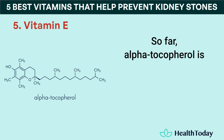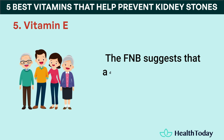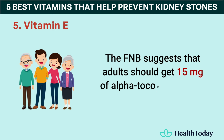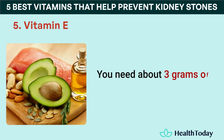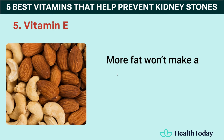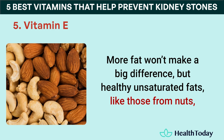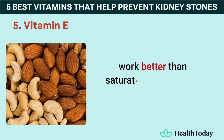So far, alpha-tocopherol is the only type of vitamin E that's recognized to meet human needs. The FNB suggests that adults should get 15 milligrams of alpha-tocopherol daily. You need about 3 grams of fat to absorb vitamin E well. More fat won't make a big difference, but healthy unsaturated fats, like those from nuts, work better than saturated fats